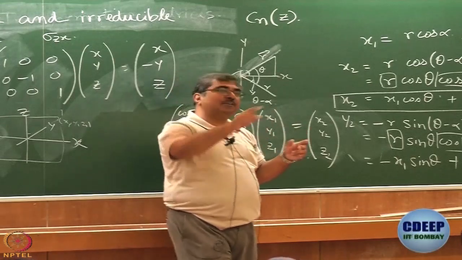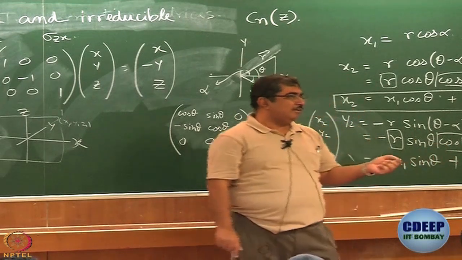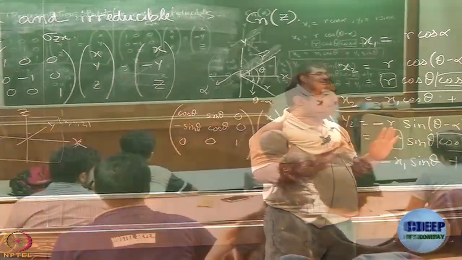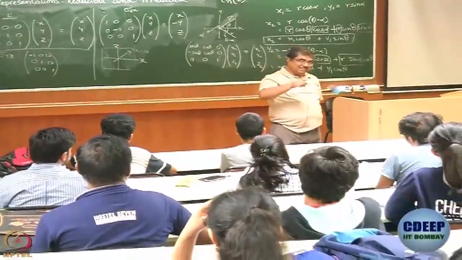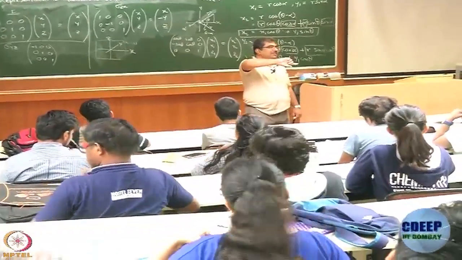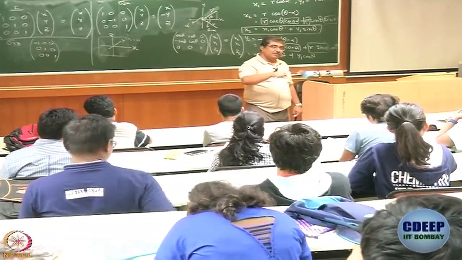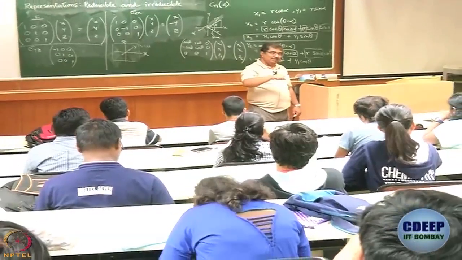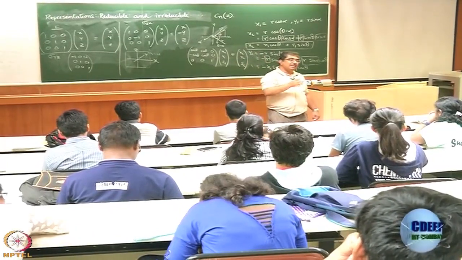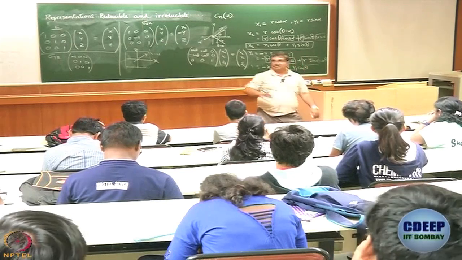Of course, if your axis of rotation was x instead of z, then x would have remained the unique coordinate, y and z would have mixed. This is the first thing that we need to understand. So, when we talk about an axis of rotation, we denote them as Cn, right. Suppose the axis of symmetry is such that you have to rotate by 180 degrees, we call it a C2 axis. Where do I get this number 2? It is 360 by 2, 180 is 360 by 2. If I rotate by 120, we call it a C3 axis. Where do I get the number 3? 360 divided by 3, alright, understood? Okay.